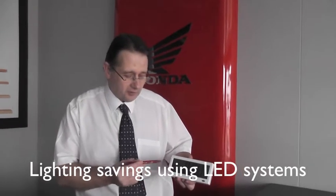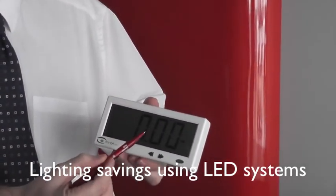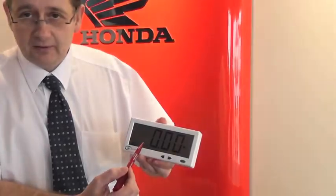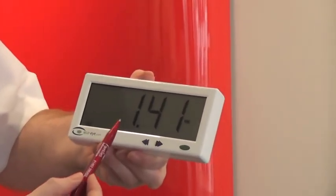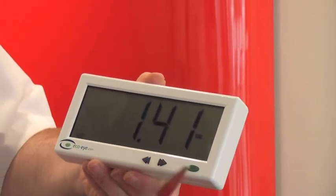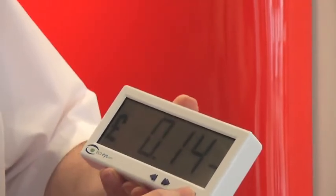So this meter currently shows that this area is using no electricity at all, and it's connected to the consumer unit. So when we switch the lights on, you will get a reading of what power this area is using. At the moment it's gone to 1.4 kilowatts. So effectively 1.4 kilowatts per hour, which will cost you 14p an hour to run,